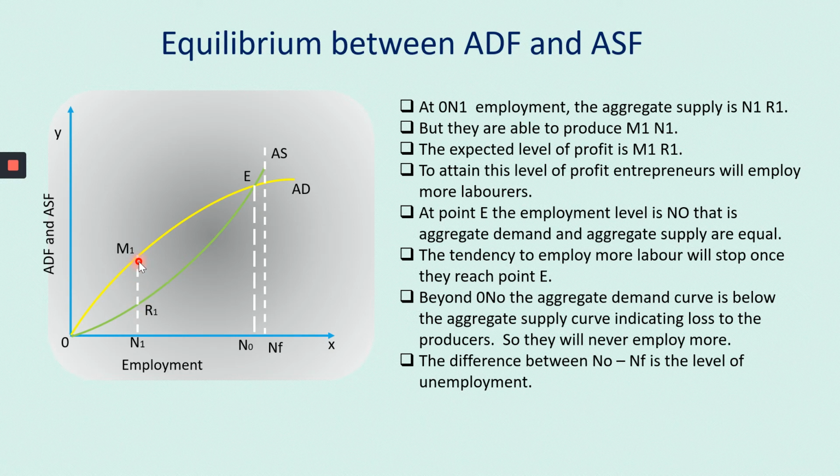So what does the entrepreneur do? He keeps on employing more and more people. The main aim of the entrepreneur is to make profit, so to make profit, his output has to increase. To increase his output, he keeps on employing more and more laborers. Here he is making profit, so he will tend to employ more and more people till he